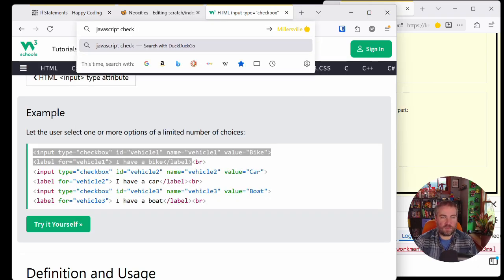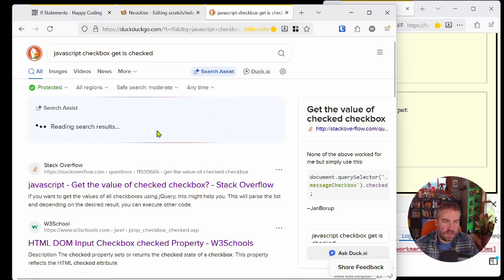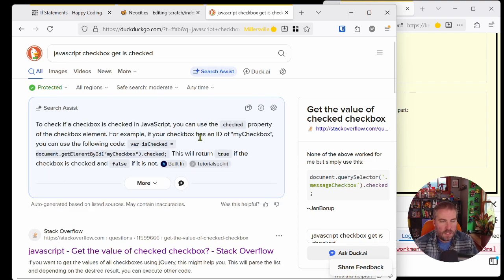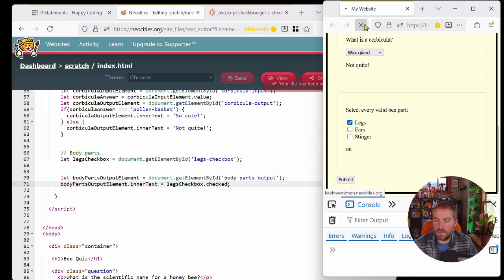JavaScript checkbox get is checked. And if I wait for the AI nonsense, let's see if that is a thing. And okay, cool. Looks like there's a checked property. So let's try that. So legs checkbox dot checked. Save that and refresh. And so now if I submit, I see true, which should ring a bell because this